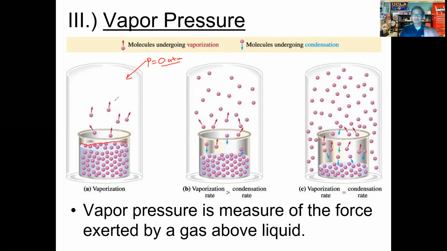Initially, we have this in a vacuum chamber, which means the pressure is initially 0. The only thing in this container is the liquid. Soon, what you'll notice is that pressure starts to increase. Let's say the pressure is now half an atmosphere. As the liquid evaporates, make sure you understand this: if it is a vacuum in here, the only place the pressure can come from, remember, pressure is exerted by a gas. So we're not measuring the liquid pressure. The liquid also exerts pressure in itself.